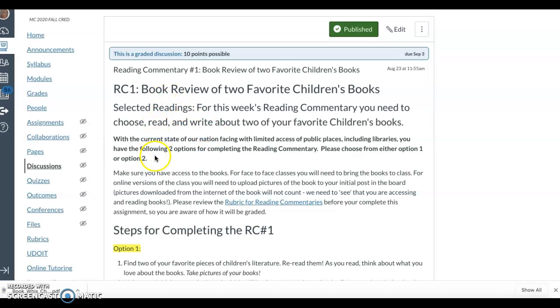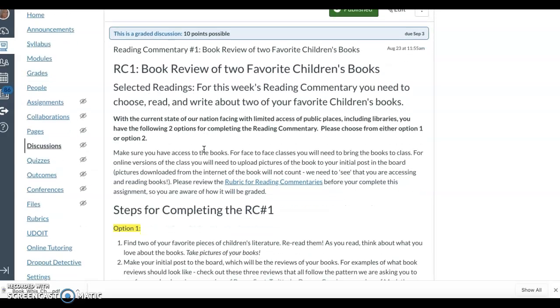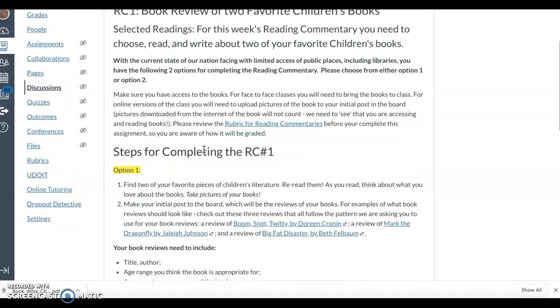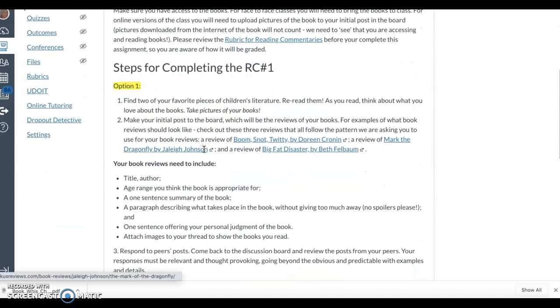So the first thing that you are going to do is access a book. Now, we have both directions here. We obviously are not in a face-to-face class. We are in an online version of the class. And with the current state that our nation is facing with COVID and other restrictions, I have given us 2 possible reading commentary options. For option 1, and this will go for all of our reading commentaries,